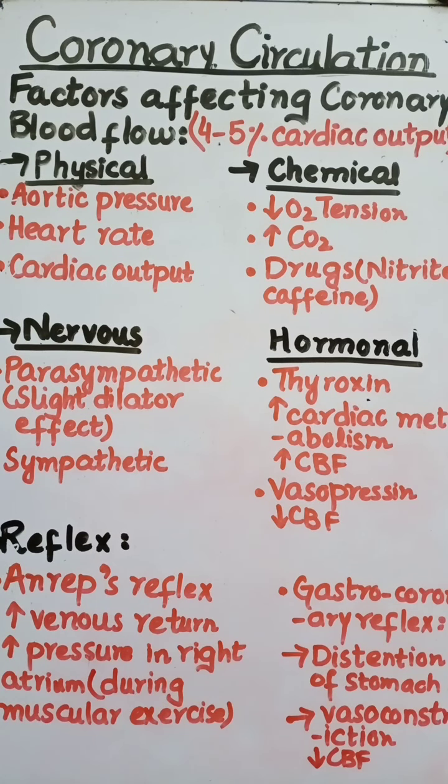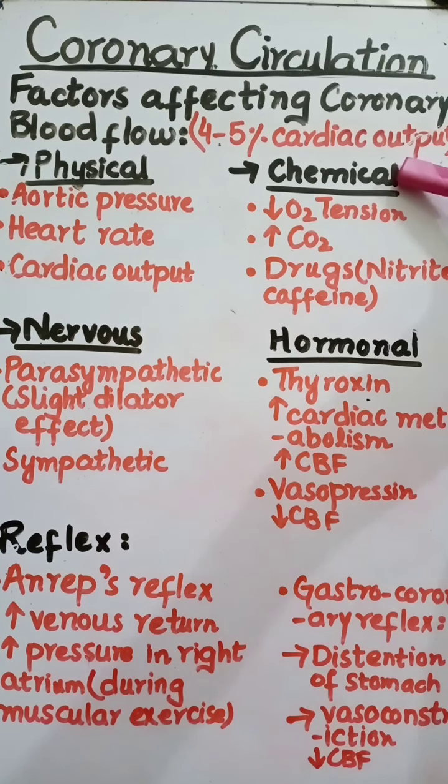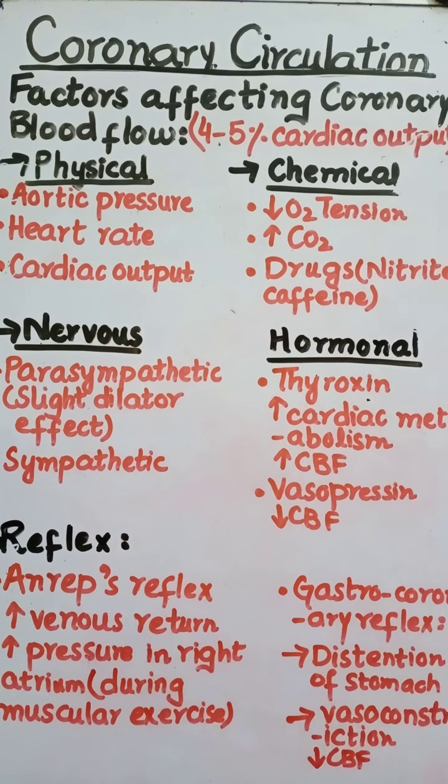Although the total coronary circulation is about 4 to 5% of cardiac output, there are certain factors which affect coronary blood flow. These are 5 factors: physical factors, chemical factors, nervous factors, hormonal factors, and reflex. Physical factor includes aortic pressure. Increase in aortic pressure, especially diastolic aortic pressure, will cause increased coronary blood flow due to dilation of